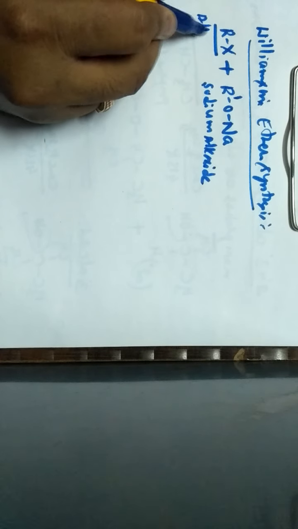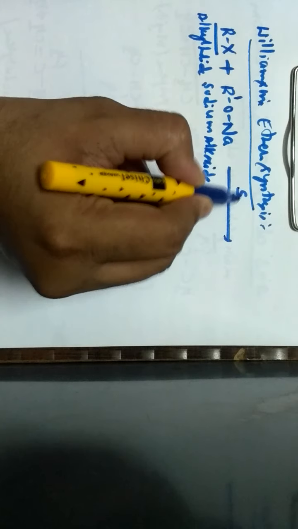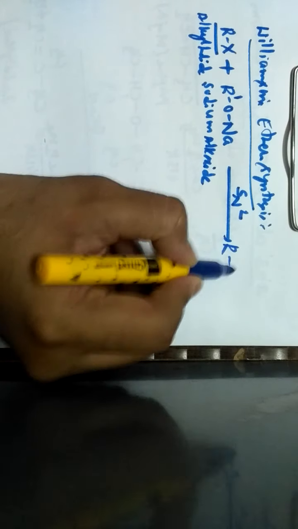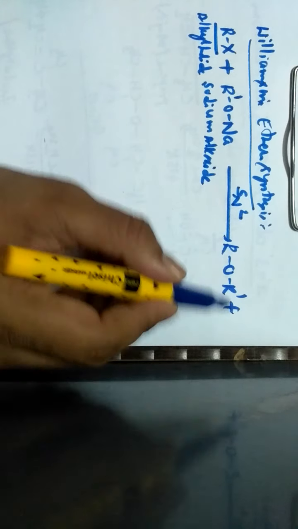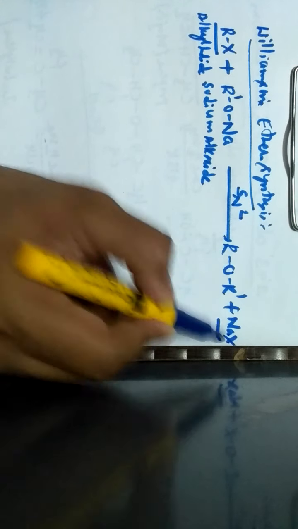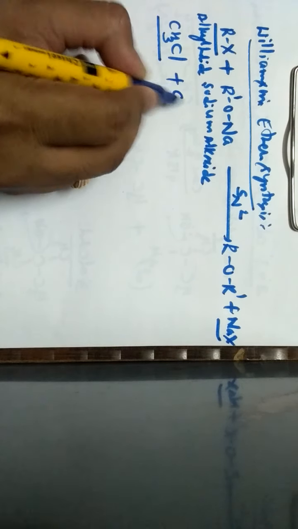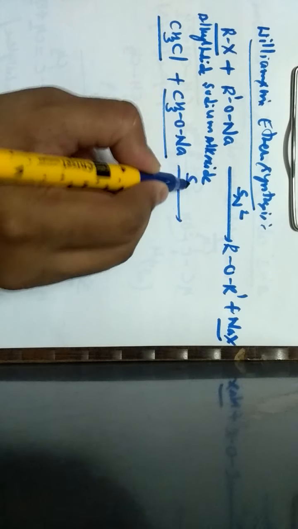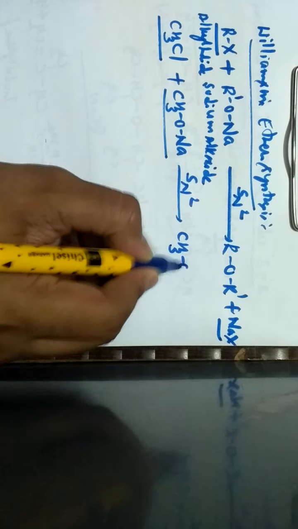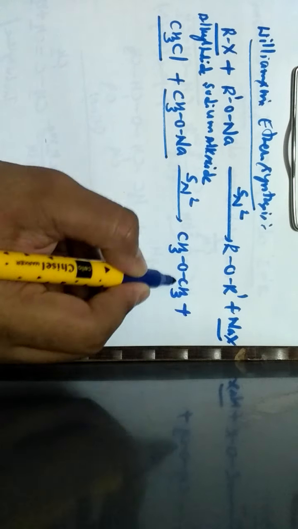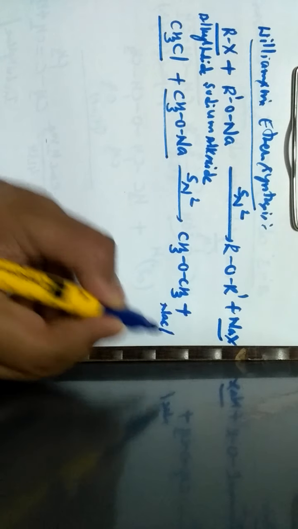When an alkyl halide is made to react with sodium alkoxide, it follows the SN2 mechanism that gives rise to ether as the major product along with the formation of sodium halide. This particular reaction is called Williamson's ether synthesis. Suppose I consider a simple alkyl halide reacting with sodium methoxide, following the SN2 mechanism, it gives a product called dimethyl ether along with the formation of